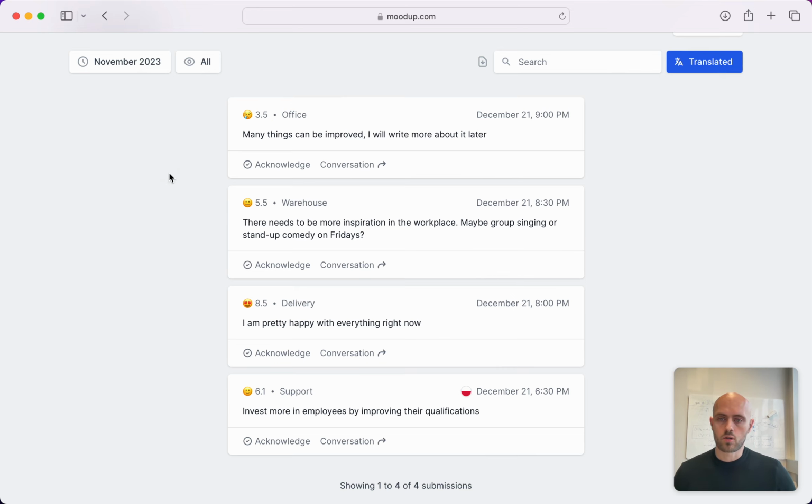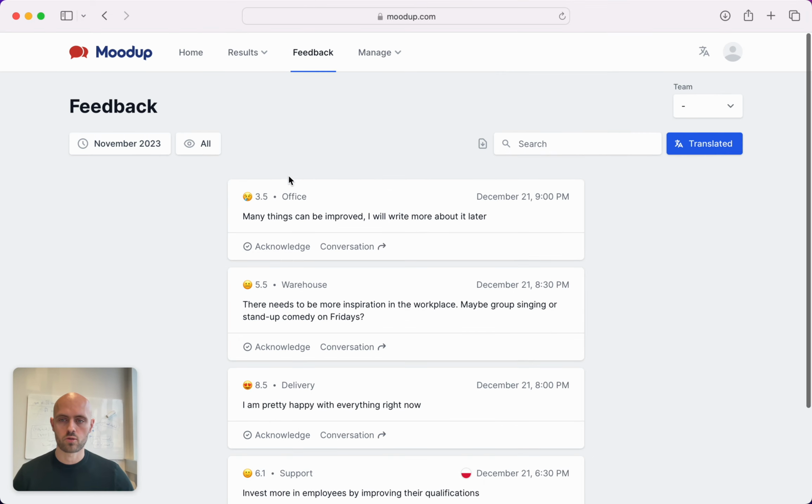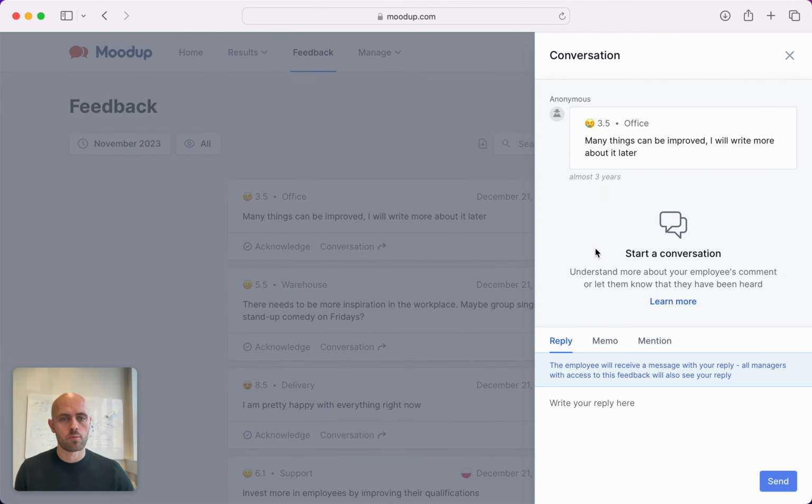So let's take a look. You can either acknowledge, these are quick ways to basically tell the employee in their native language. Often, for example, here is some feedback that's automatically translated from Polish. So this is a quick way to react to an employee in their native language, telling them what you want to do or want to say. But if you want more detail, you can open up a conversation and you can write